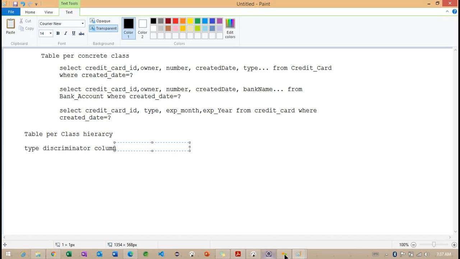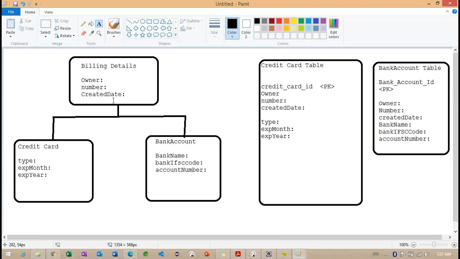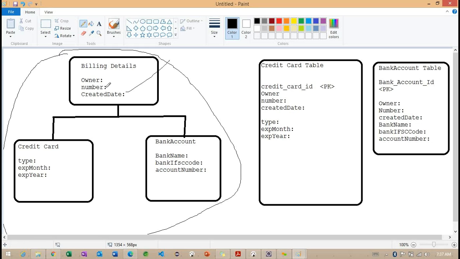Imagine we are again working on these three classes. All the properties of these three classes we are going to store into the single table.